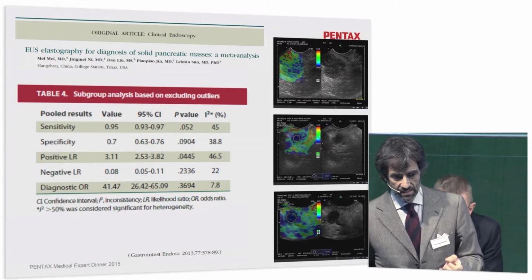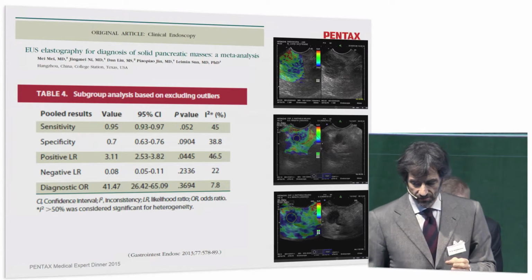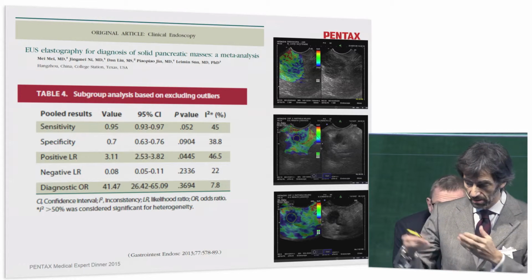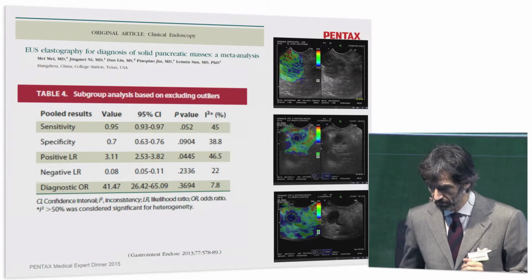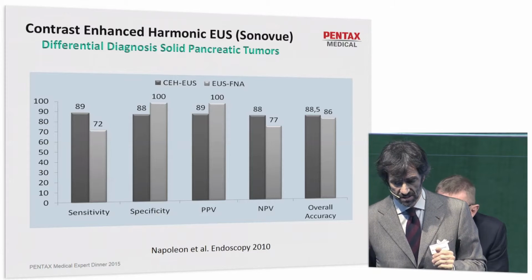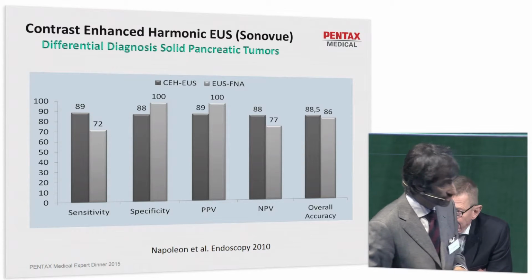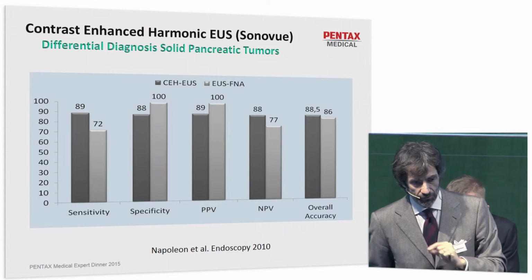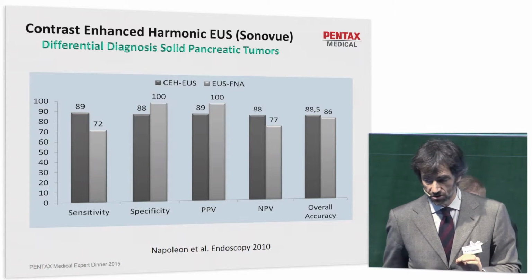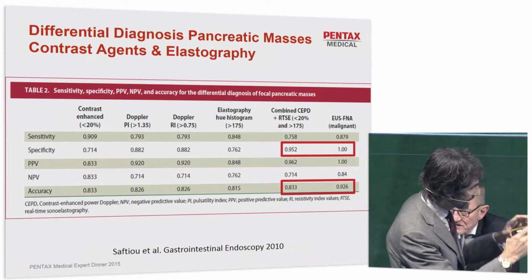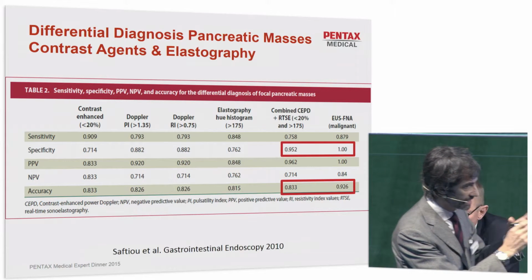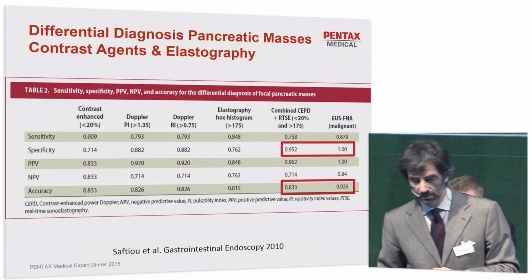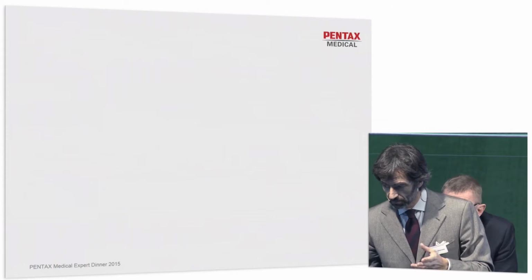But we can say, presenting this data, that elastography has a high sensitivity in performing a differential diagnosis between focal pancreatic lesions, with a high specificity as well. And contrast-enhanced harmonic imaging with Sonovue has the same qualities, the same sensitivity and the same specificity to perform a differential diagnosis between focal lesions in the pancreas. And most important, if we are able to combine the results of the two methods, our results are nearly the same result that we can obtain by FNA. So if we go,